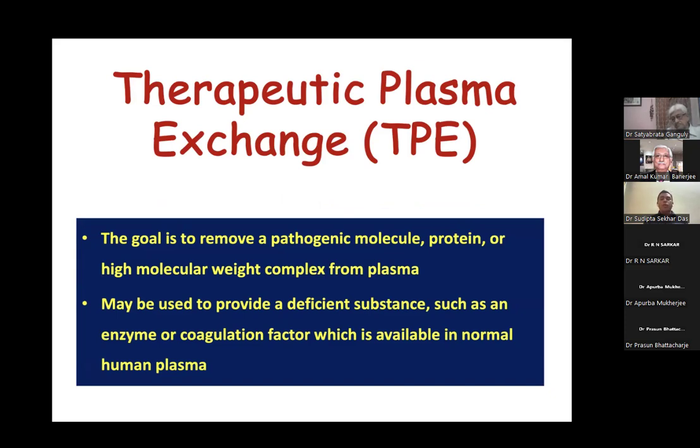The goal is to remove a pathogenic molecule, protein, or a high molecular weight complex from the plasma. Either it may be a toxin, it may be a bile acid, or it may be any pathological substance, or it may be an antibody, right? In many neurological conditions, we try to remove the antibodies by doing plasma exchange. And it may be used to provide a deficient substance such as an enzyme or coagulation factors, which is available in